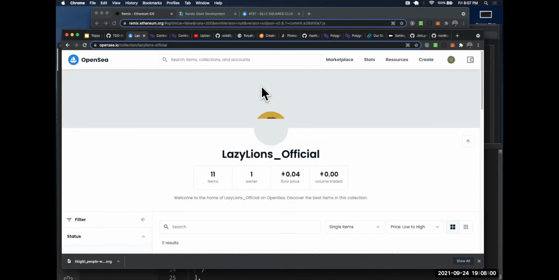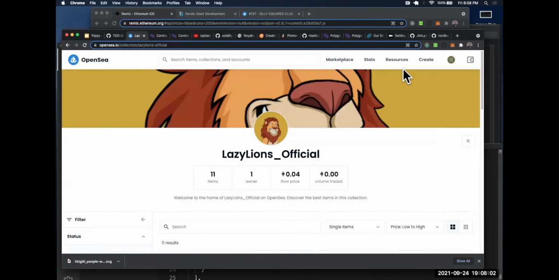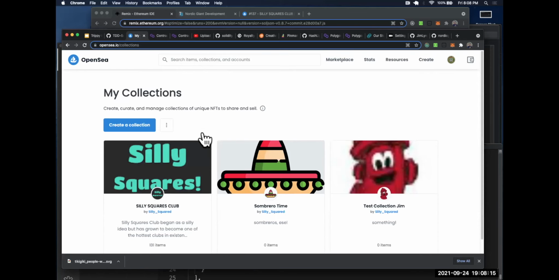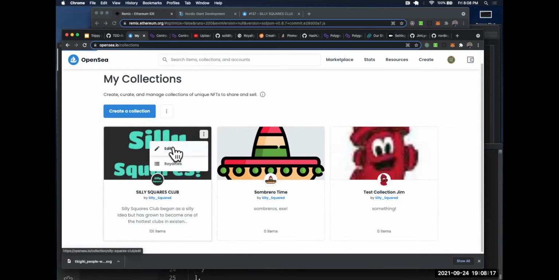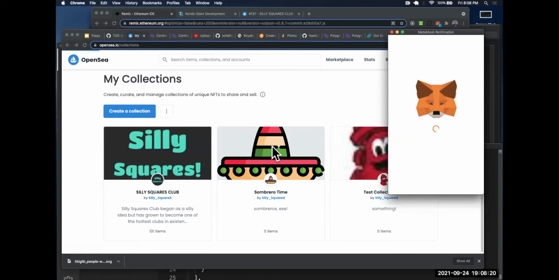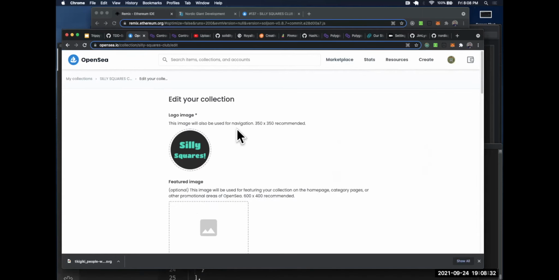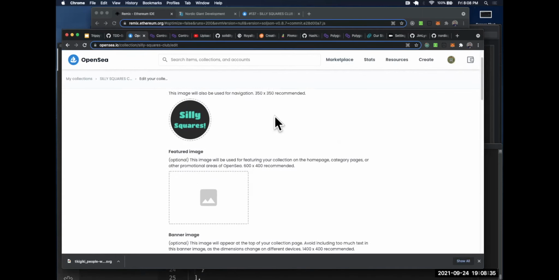Yeah. And so I also wanted to just show the OpenSea page. If I go to my collections, then this Silly Squares comes up, right? And if I go on this and hit edit, it opens a MetaMask thing where you need to sign this. They are basically checking that you're the owner of this contract. And then when it comes through, this loads and you get the ability to edit things,